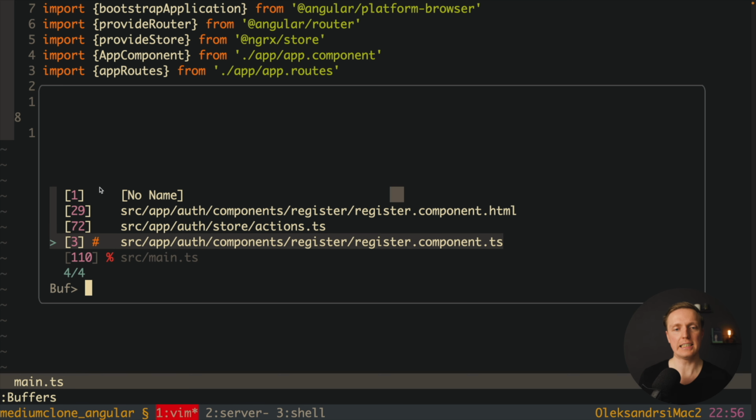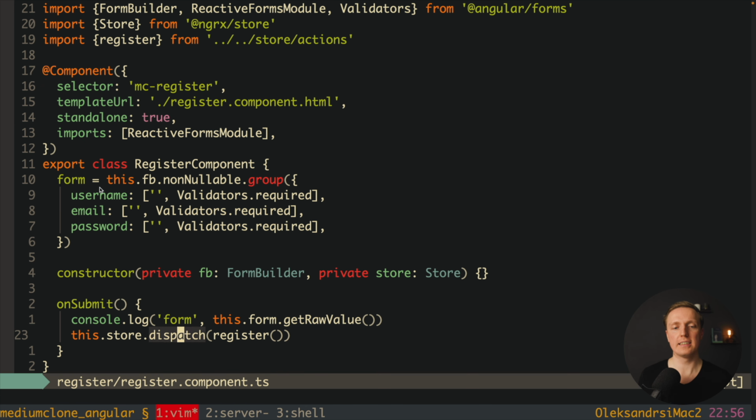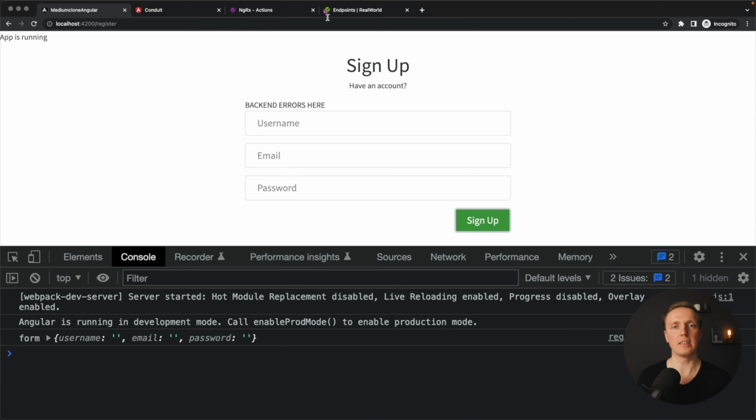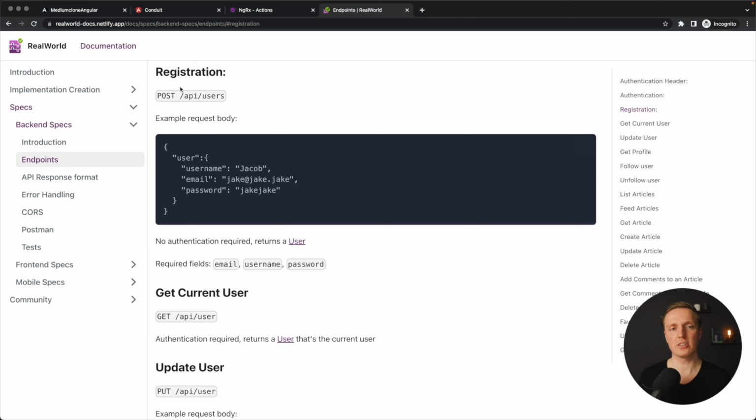So as you can see here inside our register component, we dispatched our register action. But it doesn't make a lot of sense because we want to provide our form information inside our register action. But the main problem is that we want to type it strictly. And actually our register action is something which will be related to our API call, because our register action must trigger an API call. But if we will check our endpoint here, we can see that for registration we will